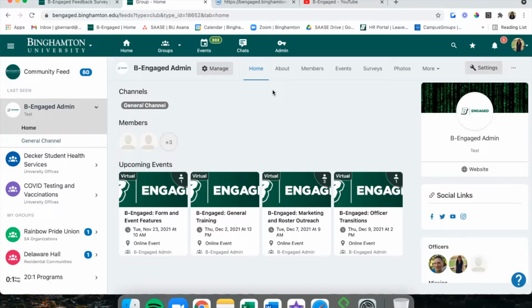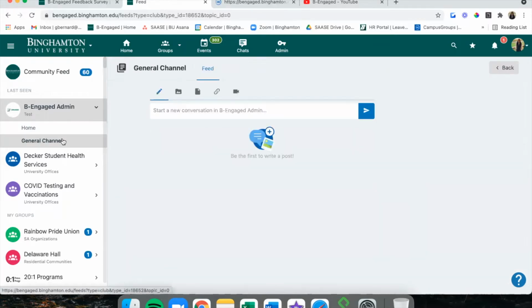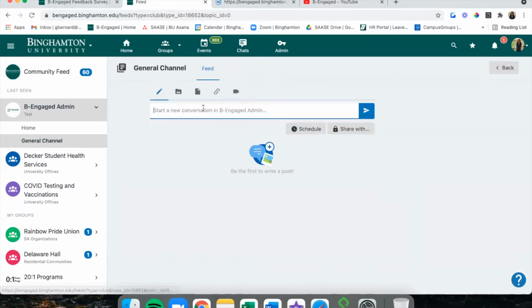Here, you can encourage interactions between members and officers, or just between members, just between officers, in the different channels you can create, or feeds, where officers can pose questions, members can comment, and so forth.